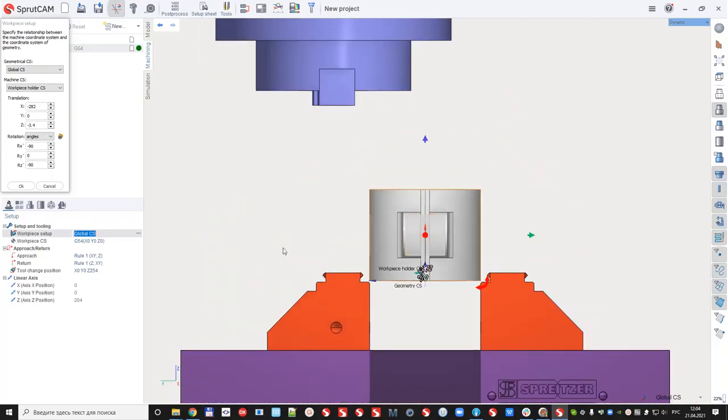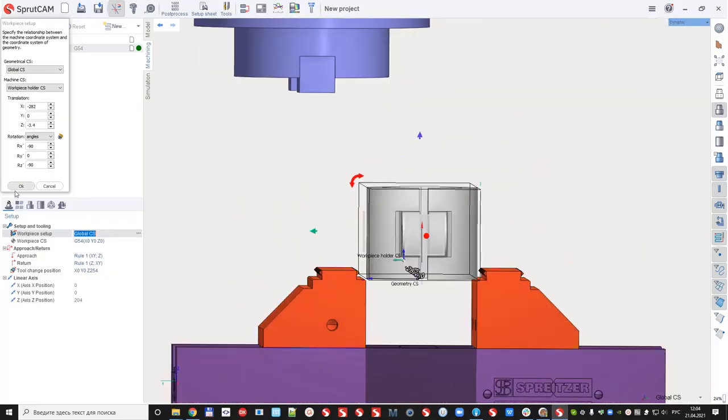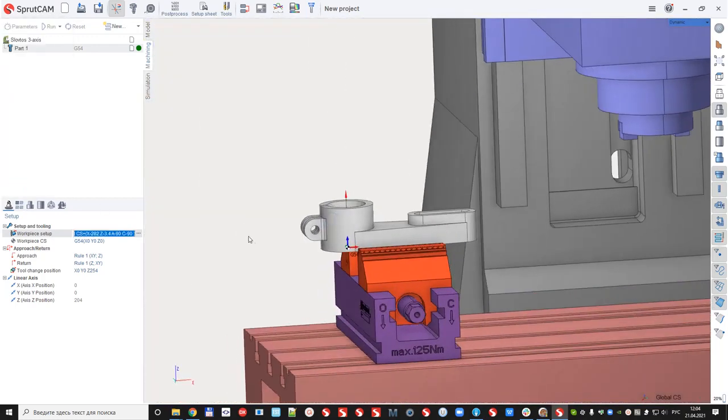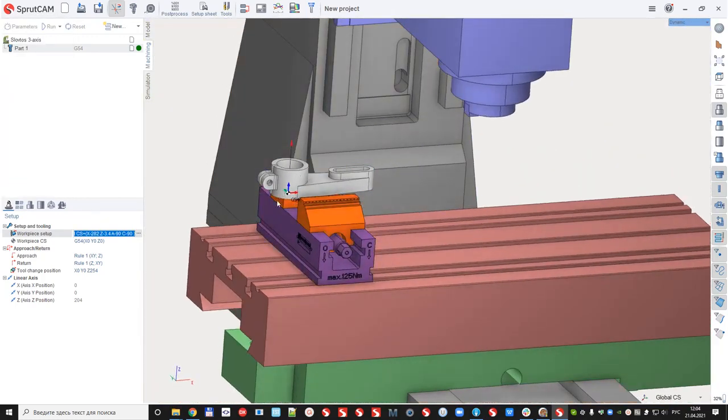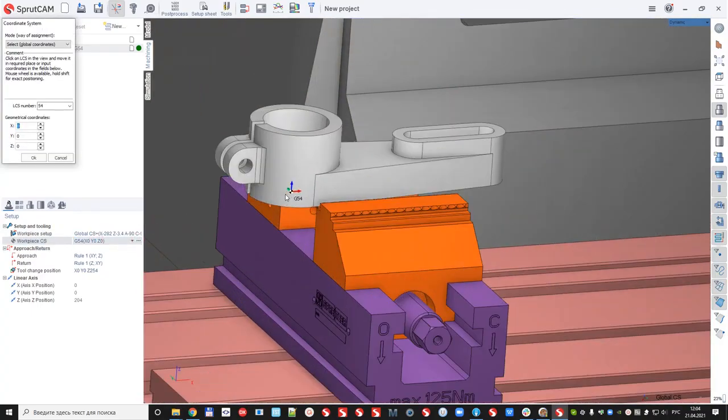Okay, that's all. So it will be my first setup stage, and also I need to locate my origin, for example, to this position,